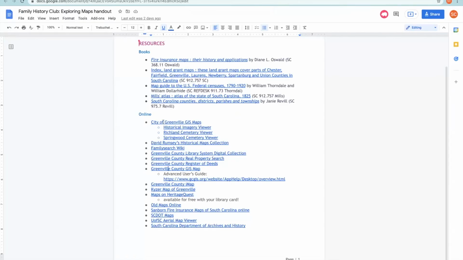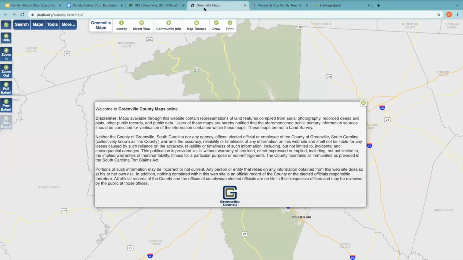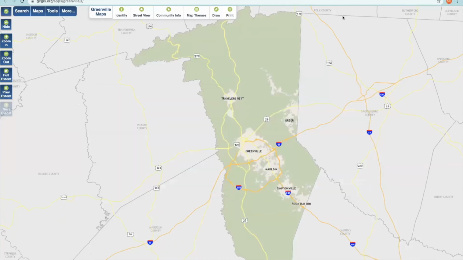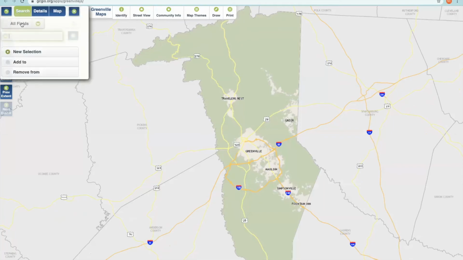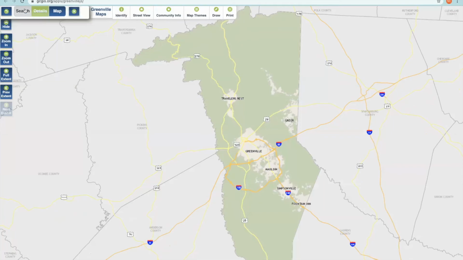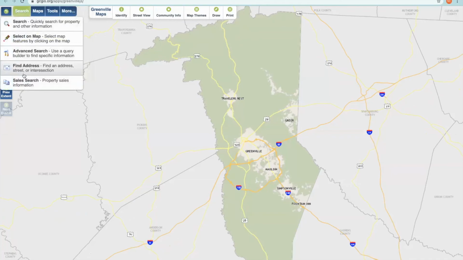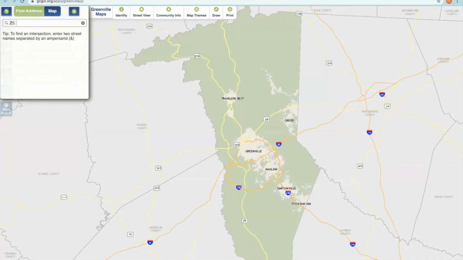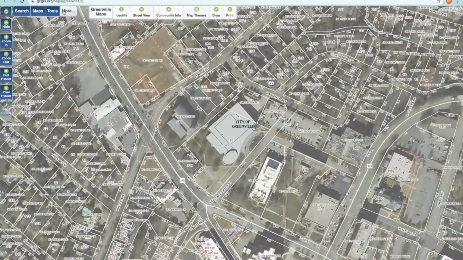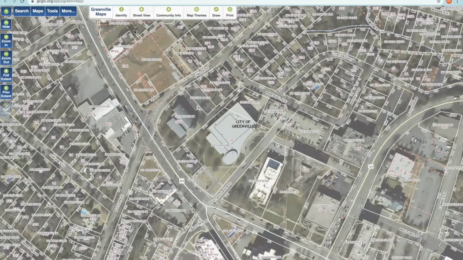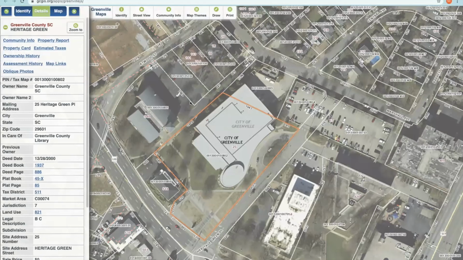I don't remember seeing it on the city as an option, but what we're talking about is, let me go real quick so we can show, because that is a neat feature. Actually, let's do it by address. Okay, we'll go back. We'll do the library. Okay. All right. So let me click on it. Identify. Let's see where it was.